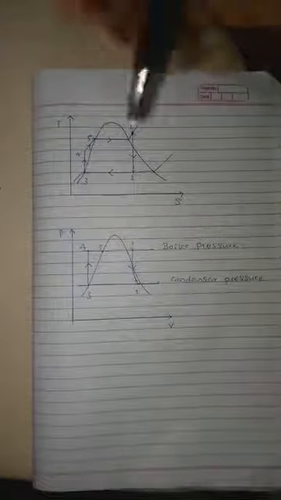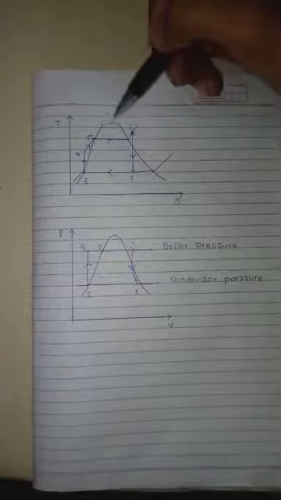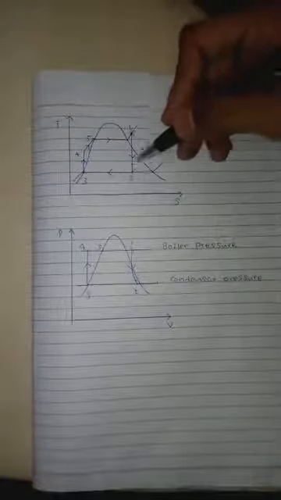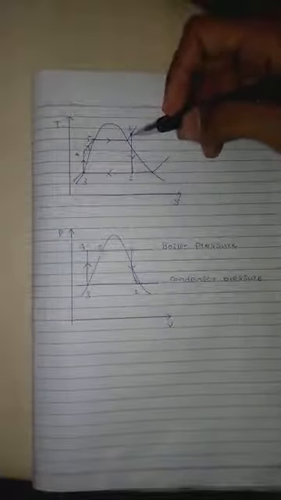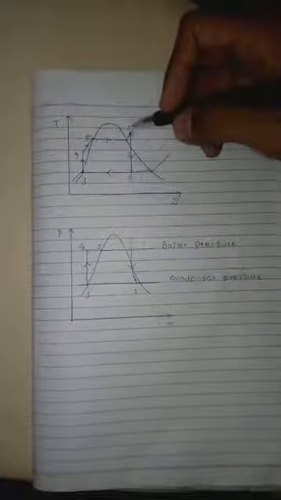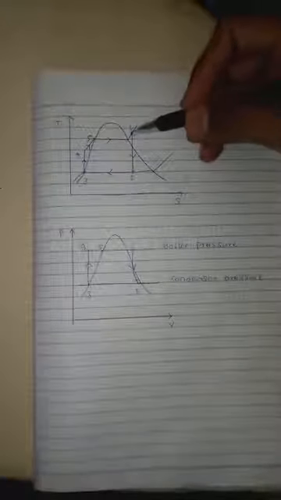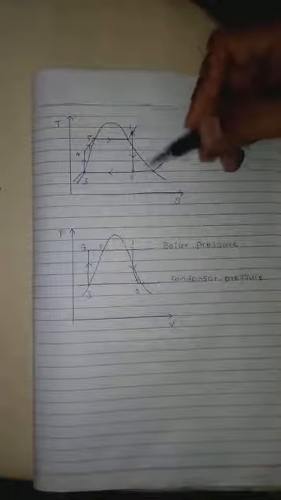Now let us depict the processes in PV and TS diagram. So as you know, in the turbine, the isentropic expansion will take place, and you can see that the condition of steam is superheated at the entry of turbine, and at the outlet of turbine you can see that the expansion has taken place at constant entropy, also called isentropic expansion.